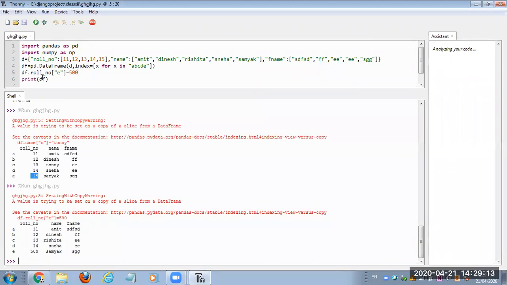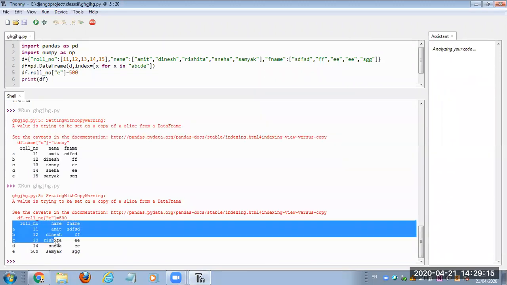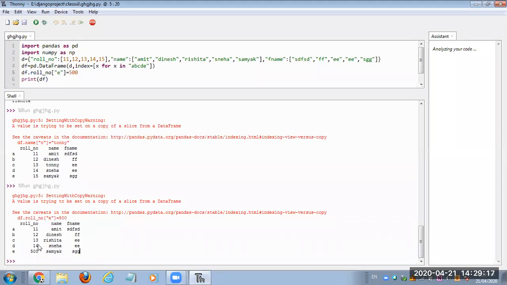So now here you can see this output. There is this 500. Okay, any doubt in this? So this is a method by which we can change the